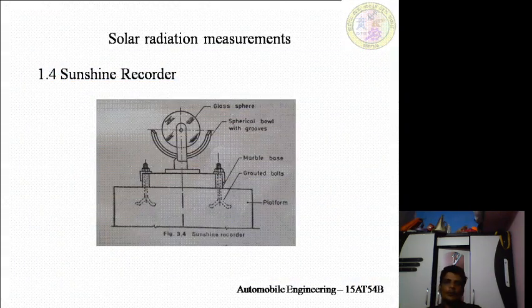the sunshine recorder. The bright sunshine of a day is measured by means of a sunshine recorder as shown in the figure. It consists of a glass sphere, a spherical ball mounted concentrically, a marble base and a platform as shown in the figure. The sun rays